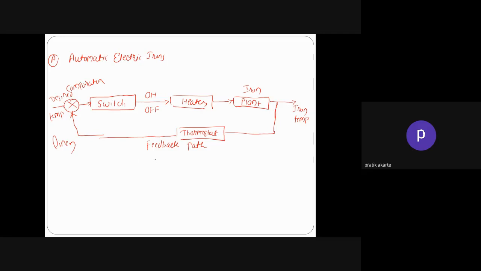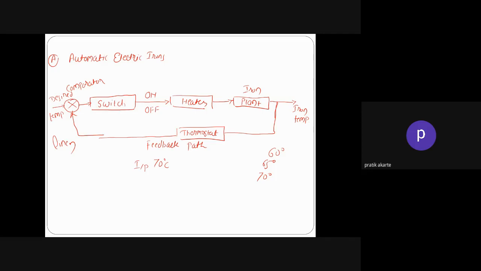For example, my desired temperature or input value is 70 degrees Celsius. If it is 60 degrees Celsius, then the switch is on. If it is 65 degrees Celsius, still the switch is on. Once it reaches 70 degrees Celsius, the thermostat will sense that the iron reaches 70 degrees Celsius,